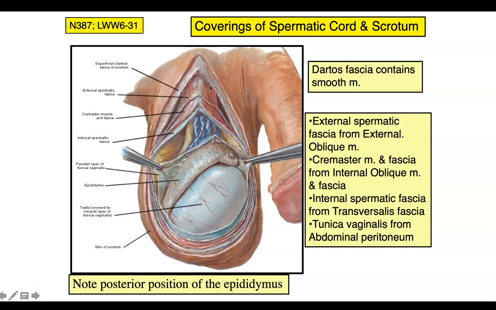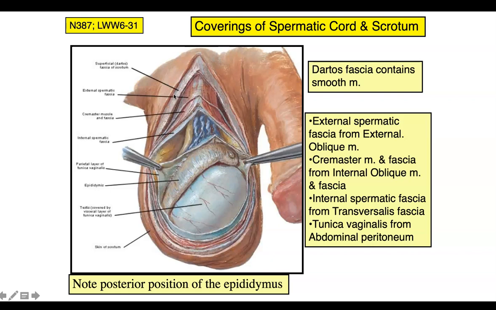So underneath the pubis, the scrotum is a fibromuscular cutaneous sac. The scrotum is a fibromuscular cutaneous sac which contains the testis and epididymis. And the scrotum is continuous superiorly with the spermatic cord. And there are different layers or coverings of the scrotum. So underneath the skin